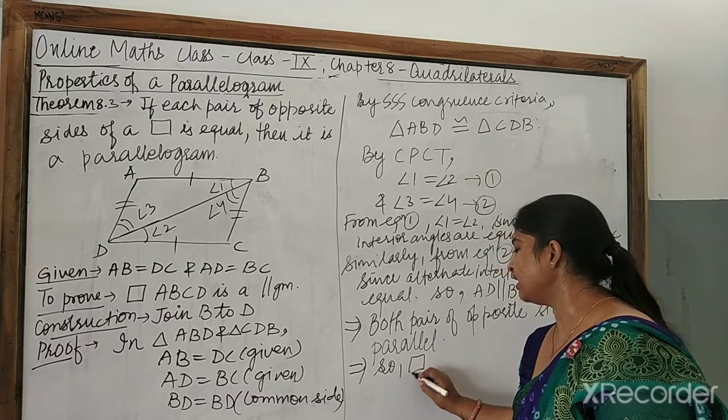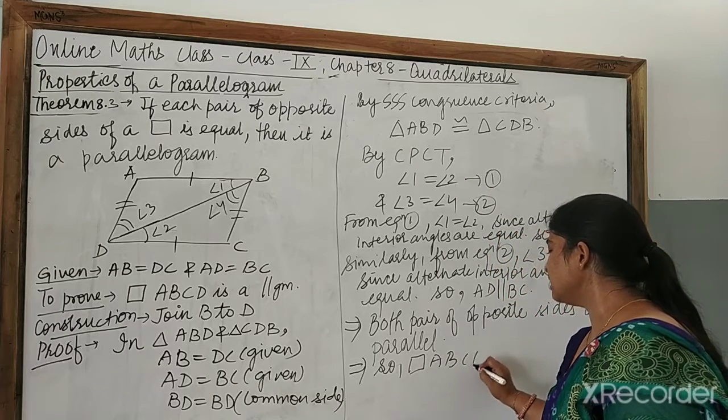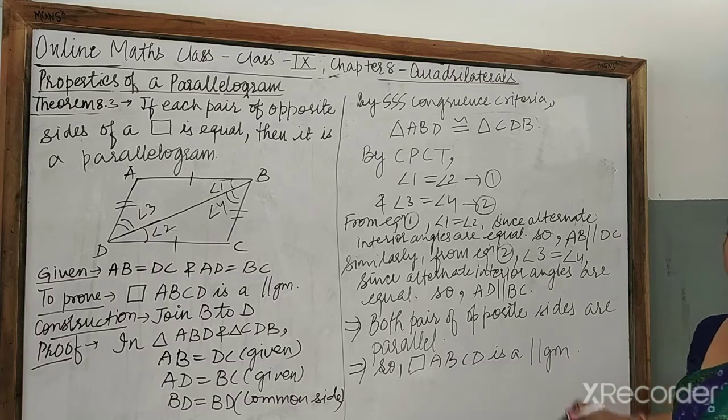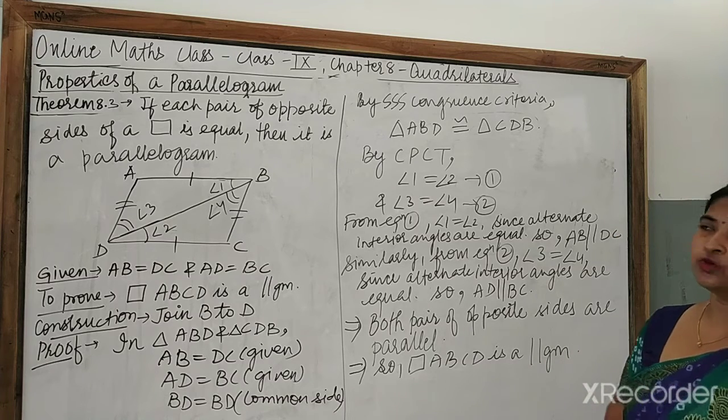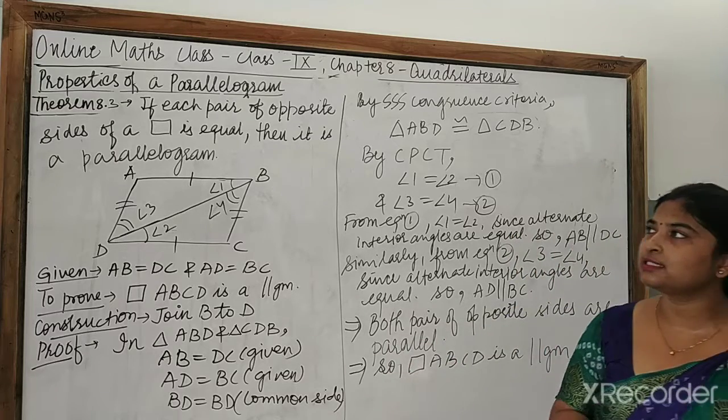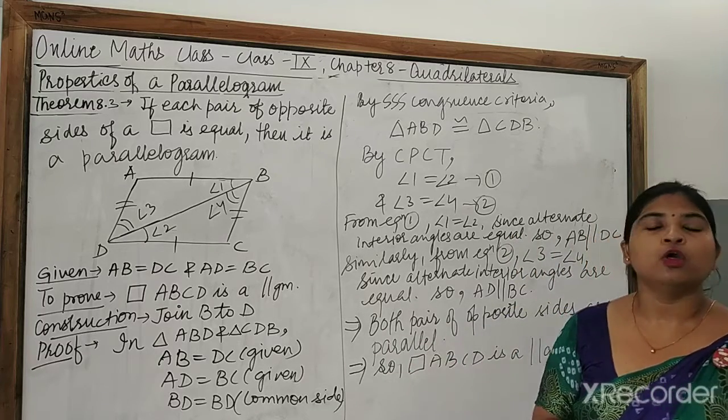So quadrilateral ABCD is a parallelogram. Hence proved. Yes students, till now we have read up to theorem 8.3. In the next class or next video, we will try to